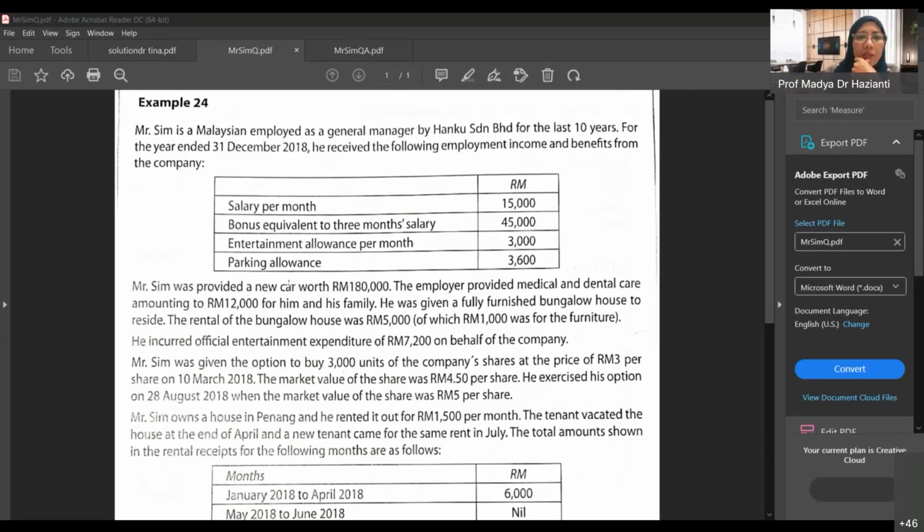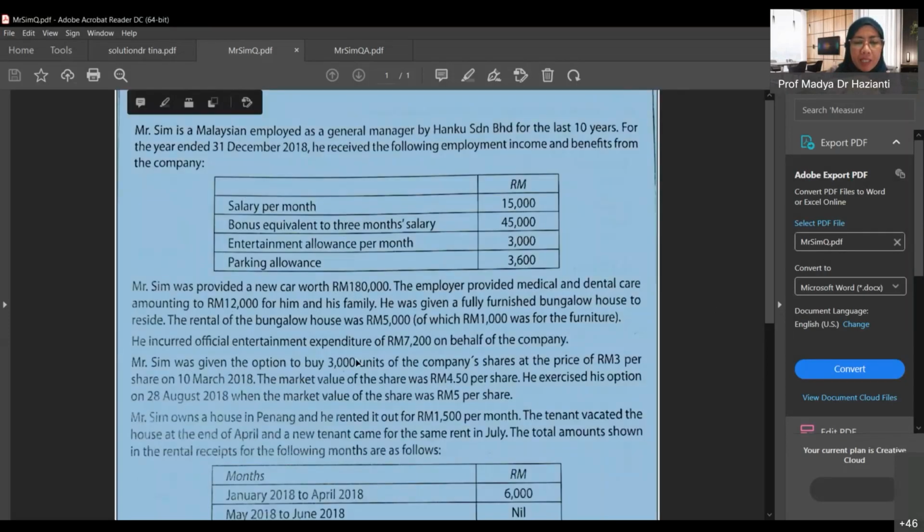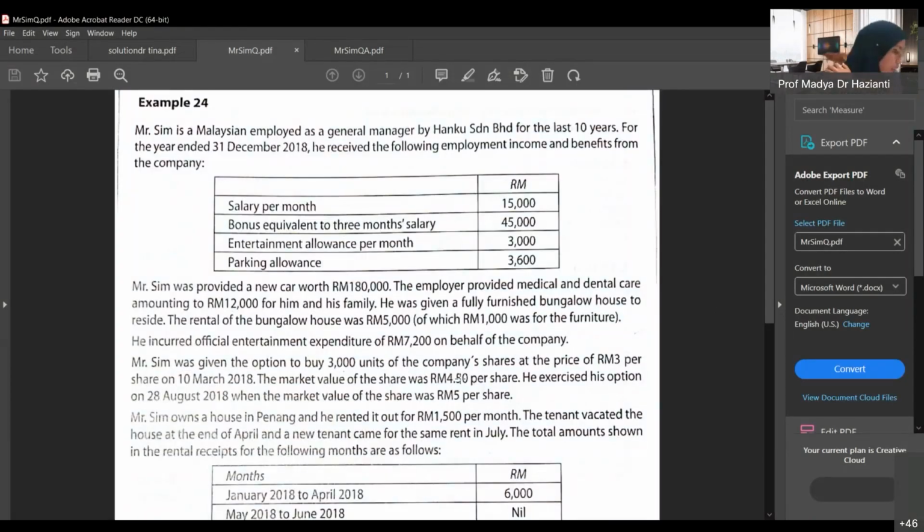Alright. Okay, so now we have calculated his salary, we do section 13(1)(a) first. The one below is 13(1)(b) benefit in kind, because now we have salary, bonus, entertainment allowance, and parking allowance which is exempted. So you already have 3 items, but remember there is one more: he got shares. For the shares, we treat it as cash, because now he receives and sells. So this is how you should compute for your